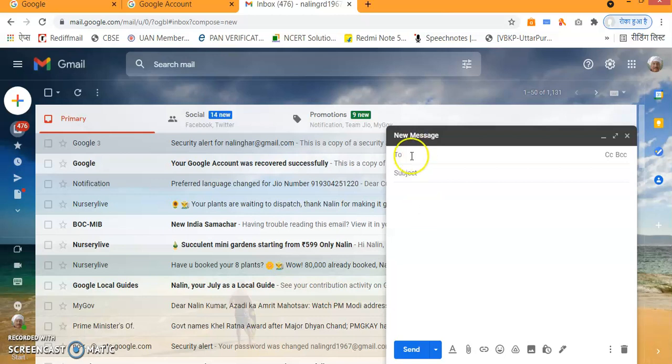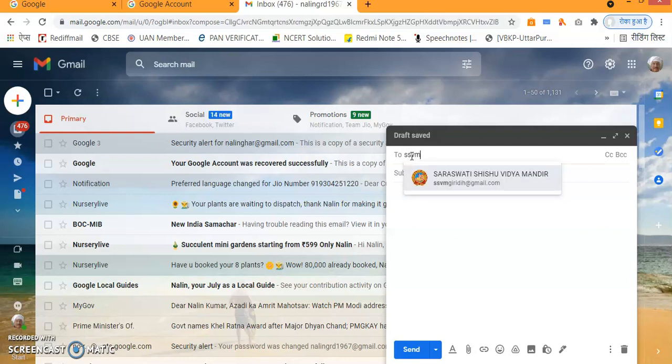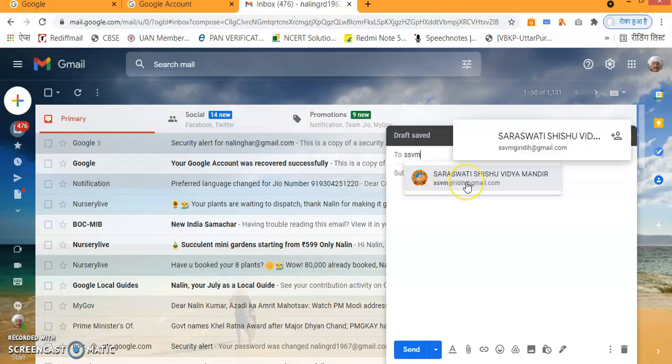So the first thing that you have to do is to write the email ID of the person to whom you wish to send the email. So if you remember the email ID, just start typing. Suppose I want to send the email to SSVM Girdi. I just start typing SSVM. Once I started, I can see the email to whom I have to send.